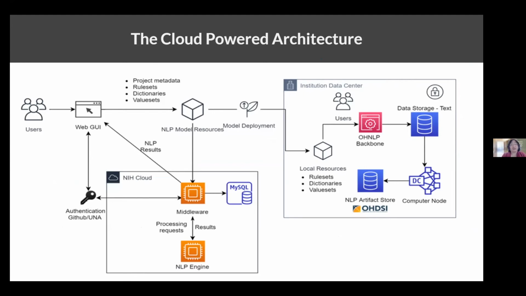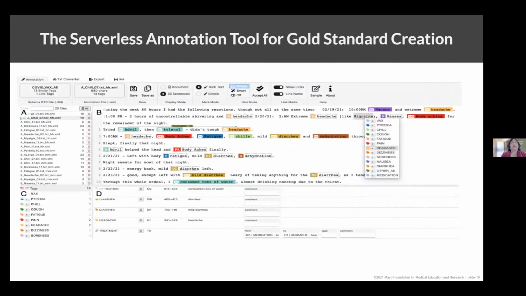In detail, this is also a cloud-powered architecture, if sites are cloud-friendly, and we also have some demo servers available in the NIH cloud. And to simplify the creation of benchmarking data sets, we also have something called a serverless annotation tool for gold standard creation, so each individual site can do their benchmarking. This has been tested by multiple users,